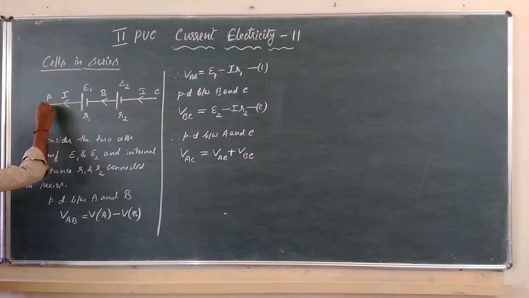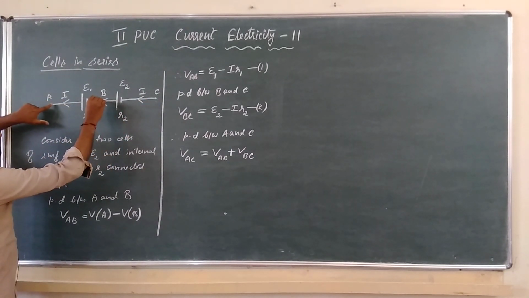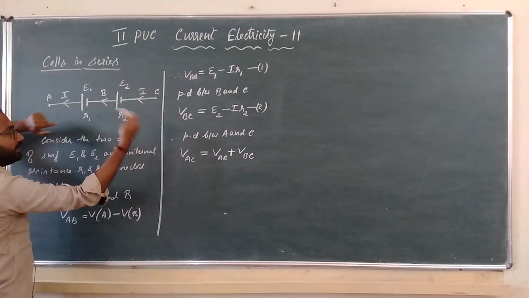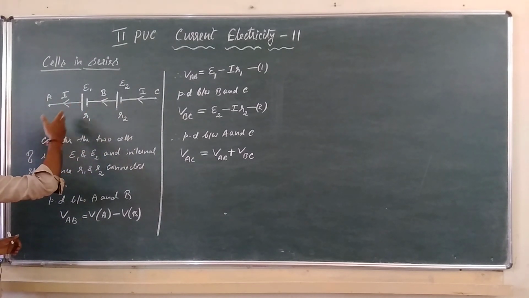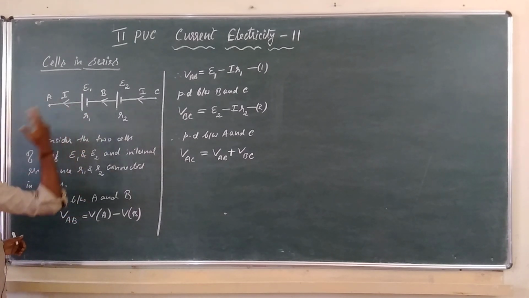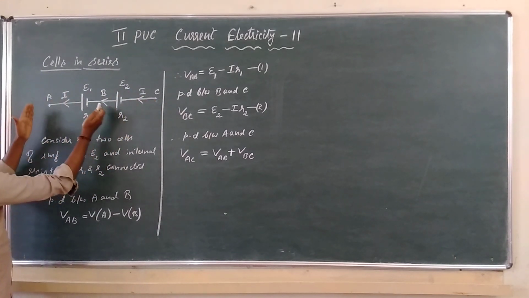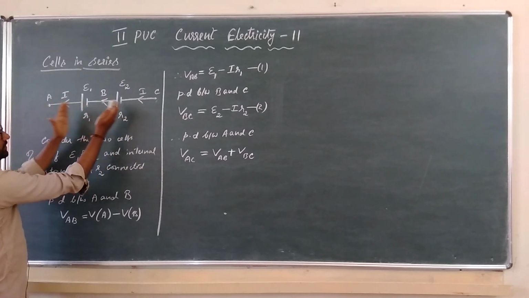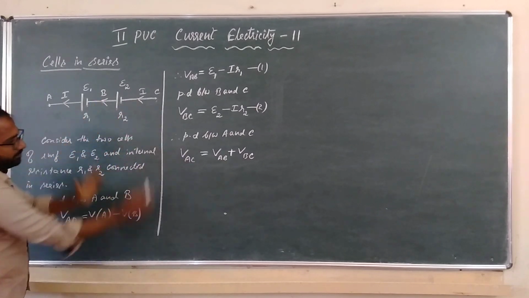right? So what is the potential difference between A and C? That is, say, V. Potential difference across first cell is, say, V1. Potential difference across second cell is V2. Then V is equal to V1 plus V2. Same concept. Say if there are two resistors, or if there are two capacitors, or if there are two cells, the potential difference from this point to this point is equal to the sum of potential difference across individual components, individual cells. So that is VAB here, VAC is equal to VAB plus VBC.